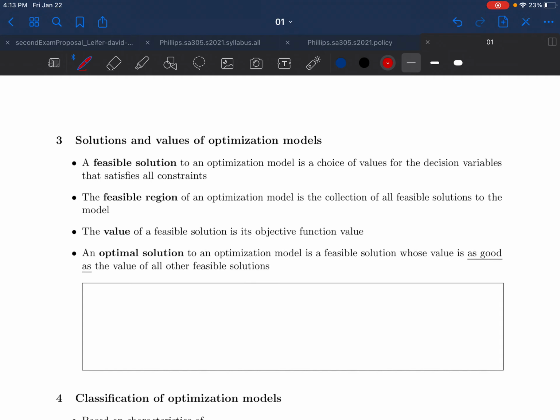Okay, a feasible solution to an optimization model is a choice of values for the decision variables that satisfies all constraints. The feasible region is a collection of all feasible solutions to the model. The value is its objective function value. An optimal solution to an optimization model is a feasible solution whose value is as good as the value of all other solutions. So for example, in Farmer Jones,